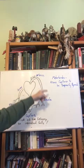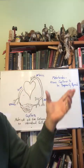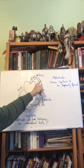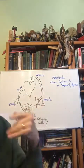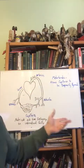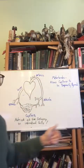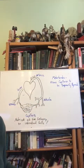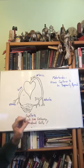And when we talk about the blood and the pressure in the blood vessels, the pressure was very high in the arteries, and then the further you get from the heart, and as it's branching and moving from one blood vessel to many blood vessels, the pressure is falling. So you have lower pressure in the arterioles and low pressure in the capillaries,